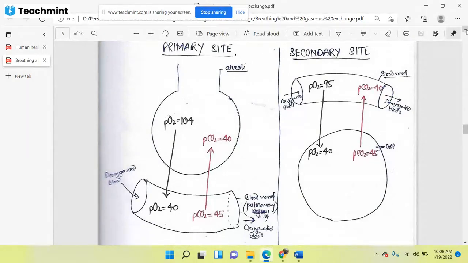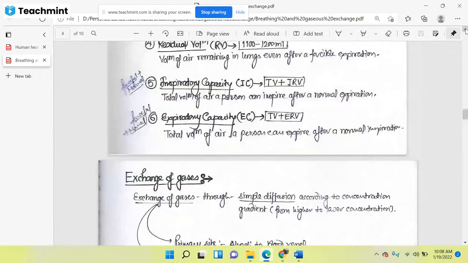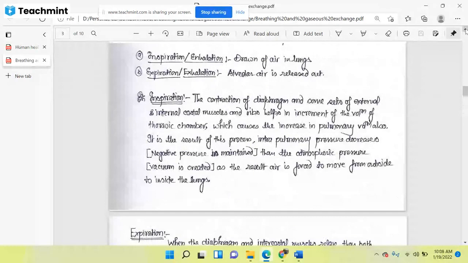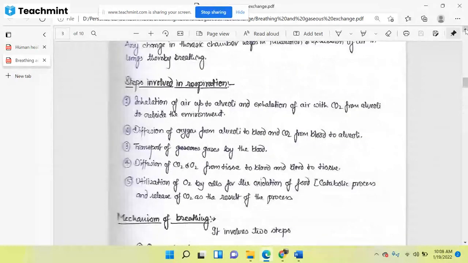Okay, so here the sentence is stating the same thing, the second step. Okay, the third step, transport of gases by blood. So you know that blood transports a lot of things along with the gases. Blood not only transports gases, it also transports the nutrient material, the essential materials of the cells